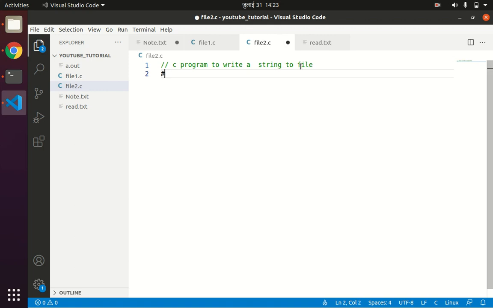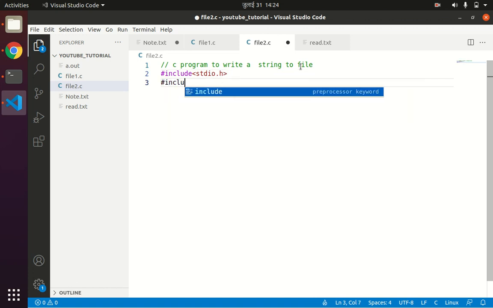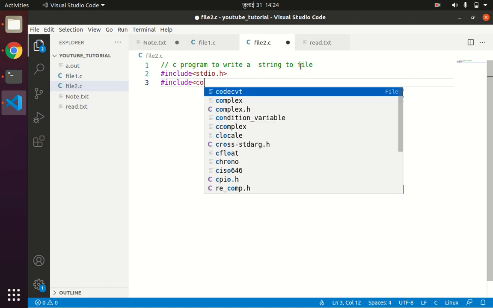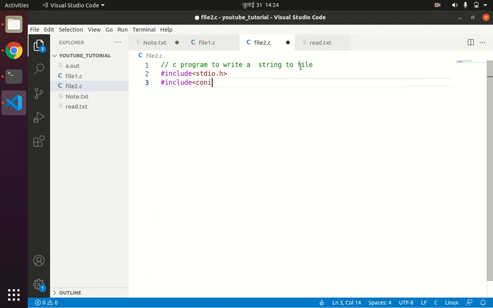So #include <stdio.h>, #include <stdlib.h>, int main, and for the file operation we need FILE *fp, fp is equal to fopen.